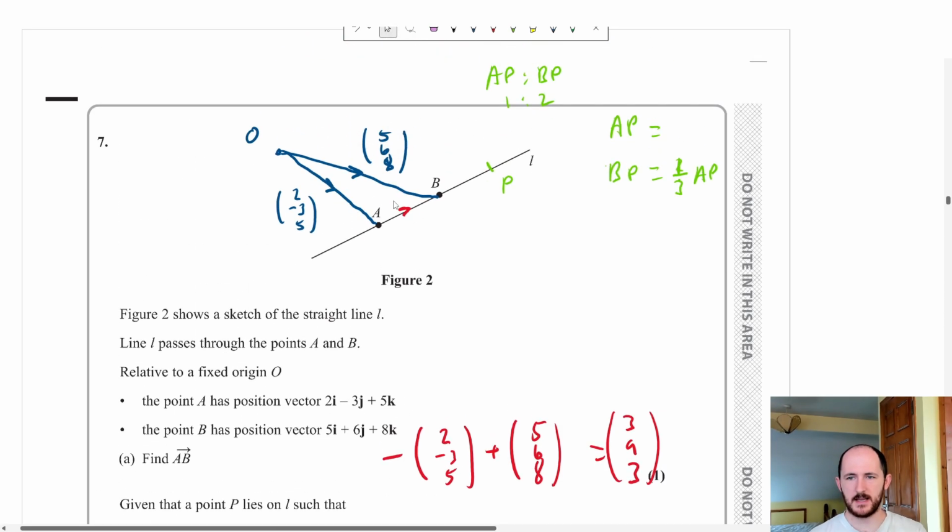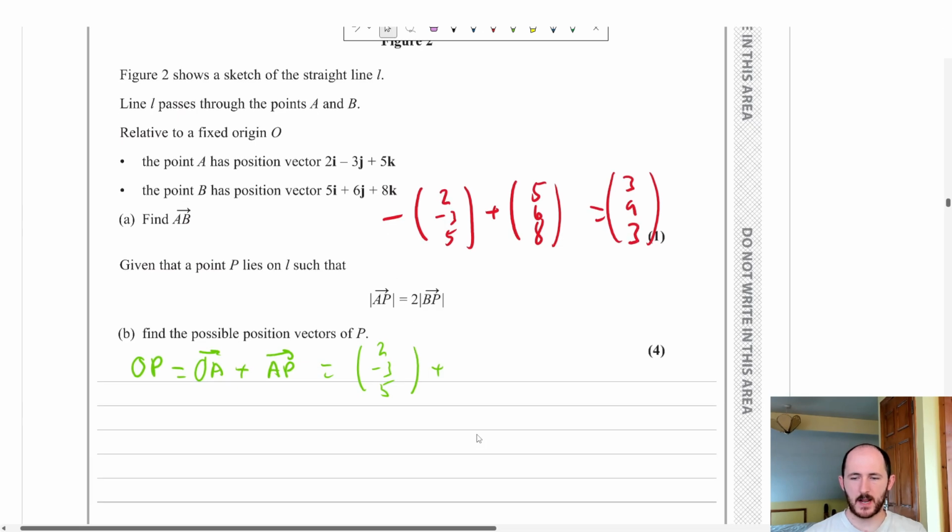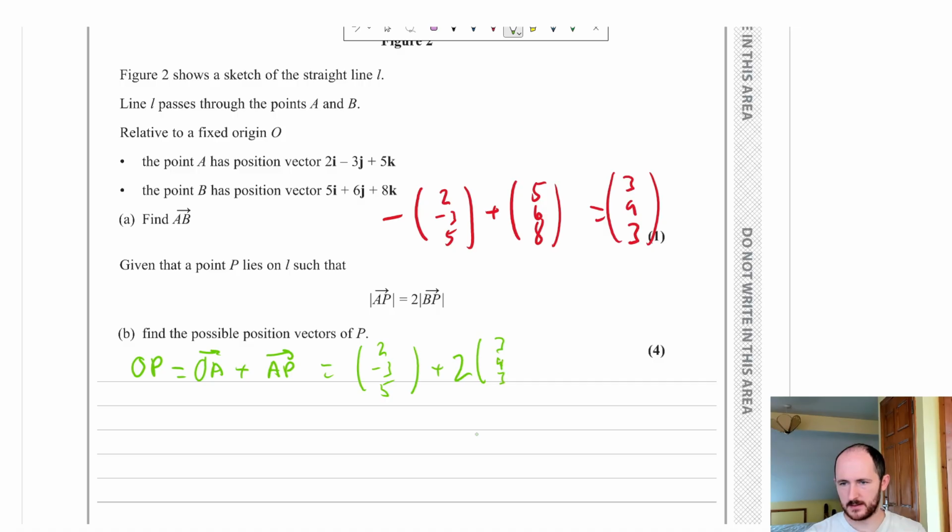Well, it says A to P is going to be twice B to P, which means it's also going to be twice the distance A to B. Again, if you want to write this out like this, this part from here to here is twice as big as the distance from there to there. So what we're going to do is 2 times A to B, and A to B works out in the previous part, 3, 9, 3,